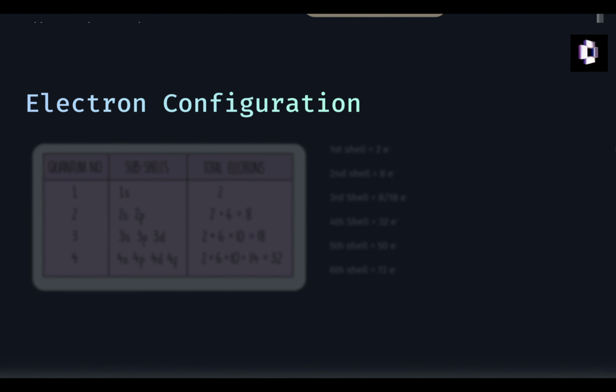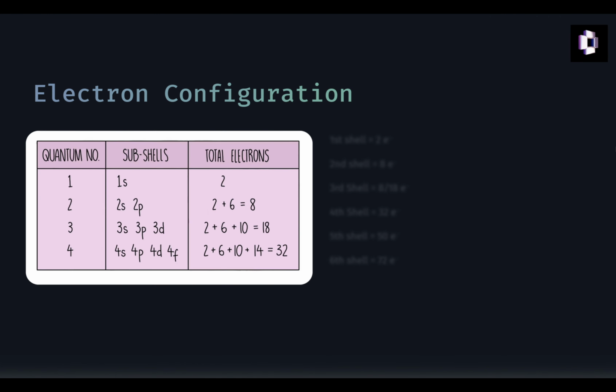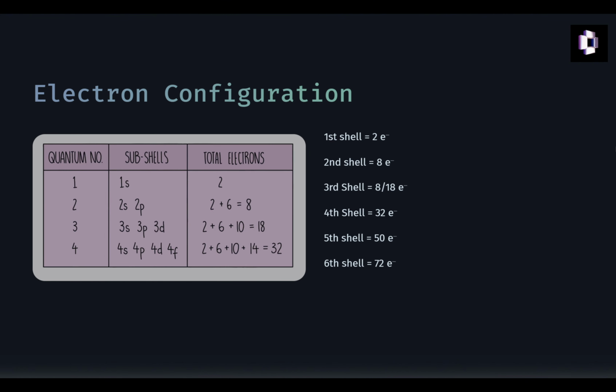Let's talk about electron configuration. The first shell closest to the nucleus can hold up to 2 electrons. The second shell accommodates 8 electrons. The third shell can hold up to 18 electrons, but often stops at 8 before filling the fourth shell. The fourth and higher shells follow the 2n squared rule, where n is the shell number. For example, theoretically, based off 2n squared, the max capacity of these electron shells are as follows: